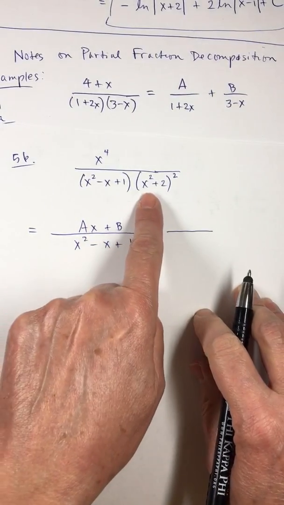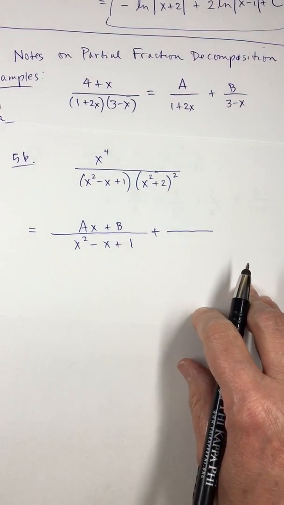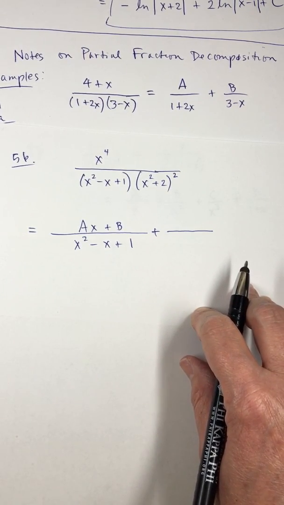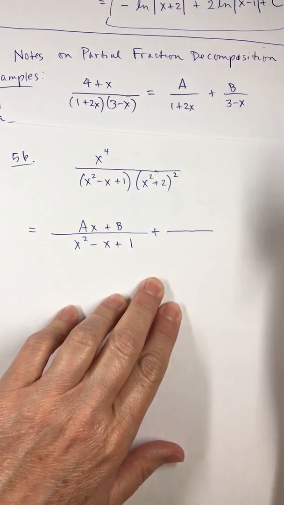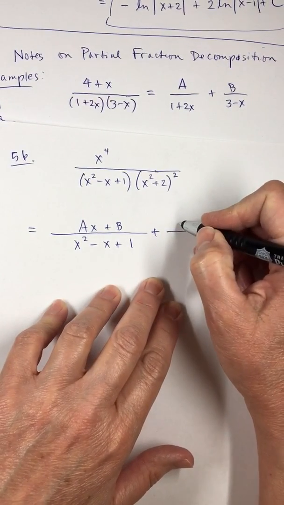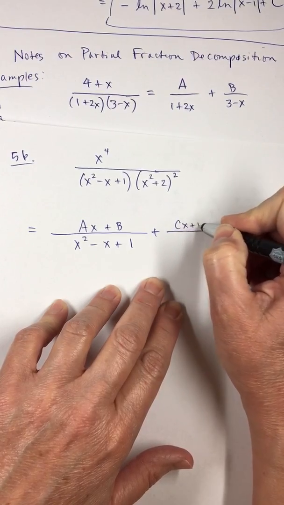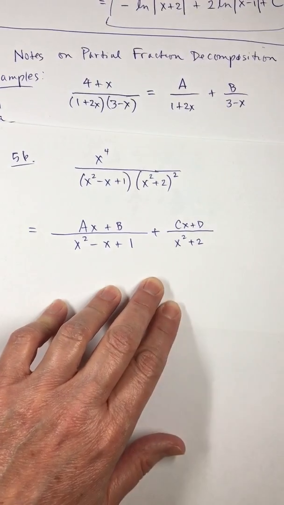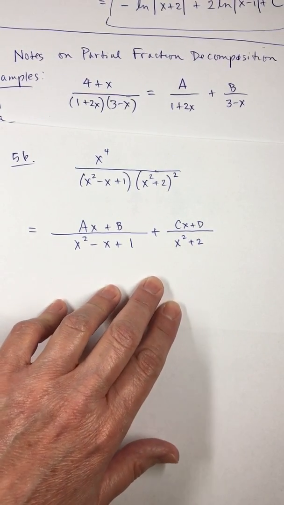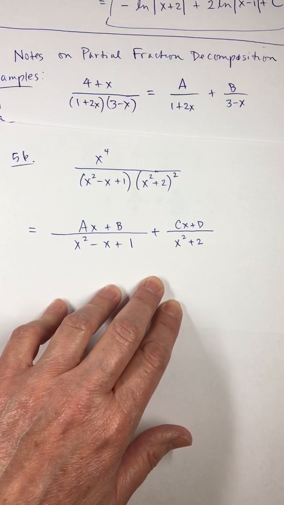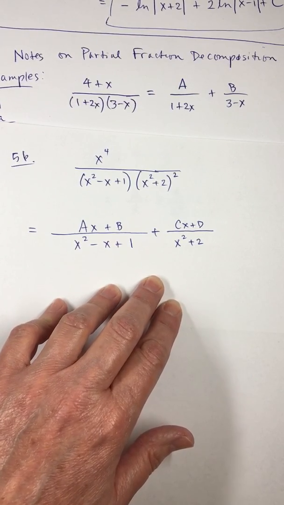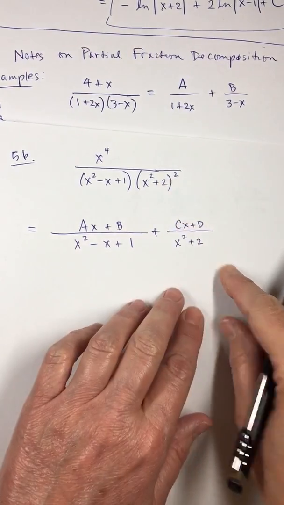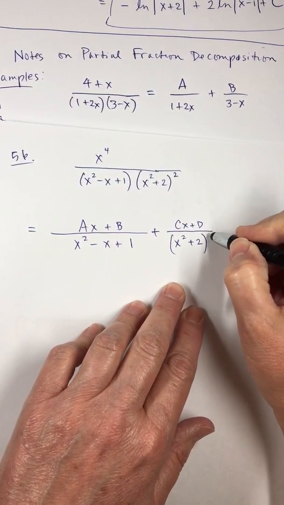And then the other part, I'm looking at the x squared plus 2 that's in parentheses. Can you factor that? No. You got the same thing going on right there. So I'm going to move to the next letter in the alphabet, C. That'll be Cx plus D over x squared plus 2. Now, just like on that last one where I did 1b, I had that x cubed, I did x to the first, x to the second, x to the third. You see that exponent, that 2 on the outside? That happens right here. So this is x squared plus 2 to the first,